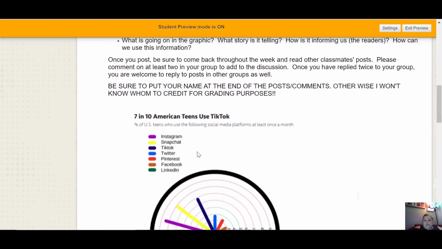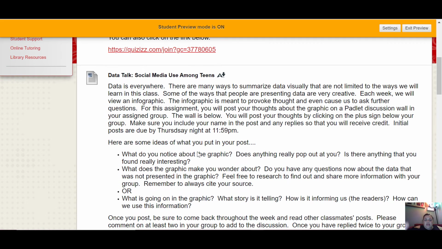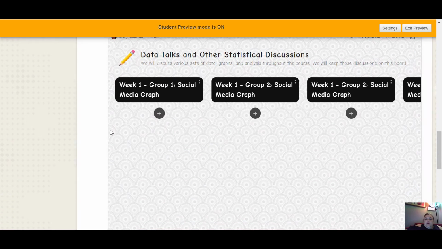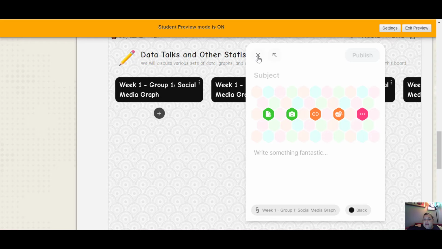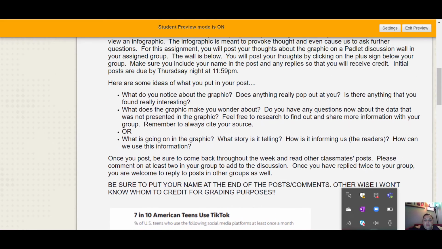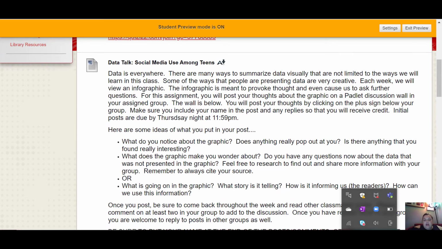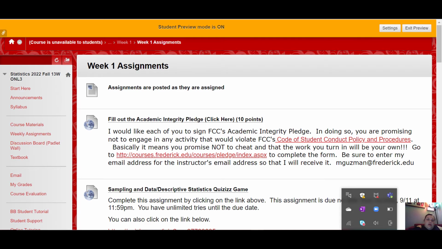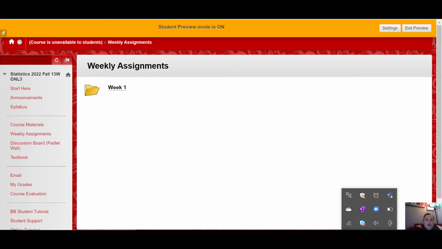We will have discussions. The kind of discussion board that I use is actually a Padlet wall. So to add a post, you will hit a plus sign here and it will allow you to post. Please make sure you read the instructions here for that, so that you know what the expectations are. So assignments folder will be where assignments are, and then the last folder that I have